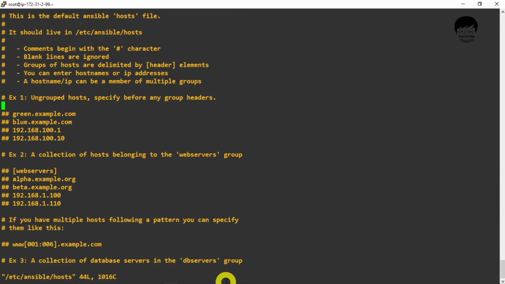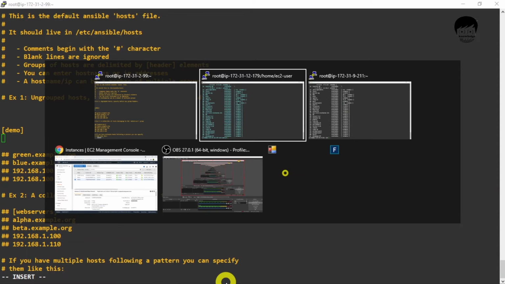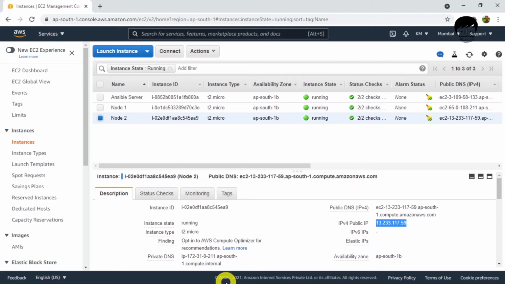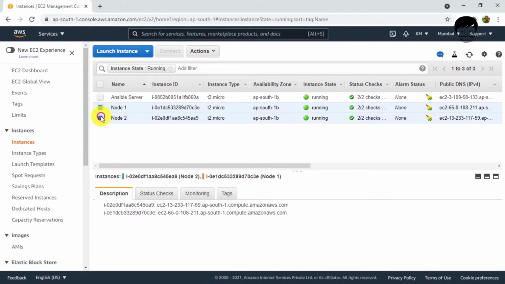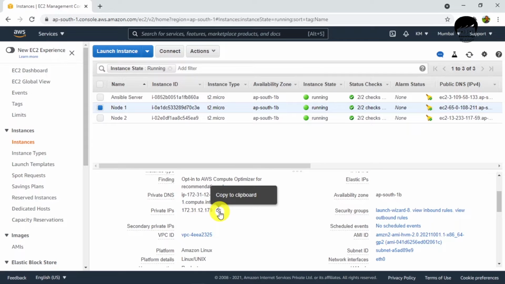We can create any group over here and we can give it any name. So we are just doing one demo, that's why I will give the name demo. And after that I have to add IP addresses, and where I can get them is from Amazon. So I have to add these private IPs, not the public IP.